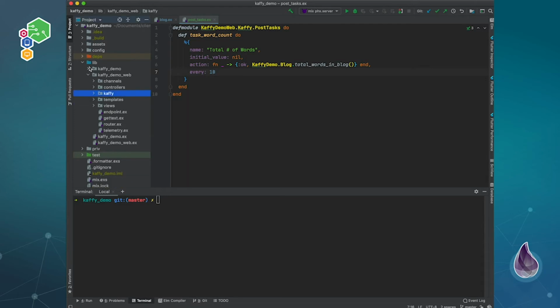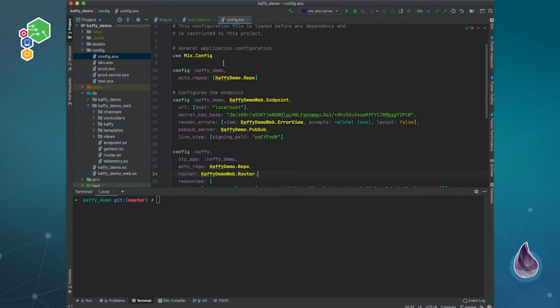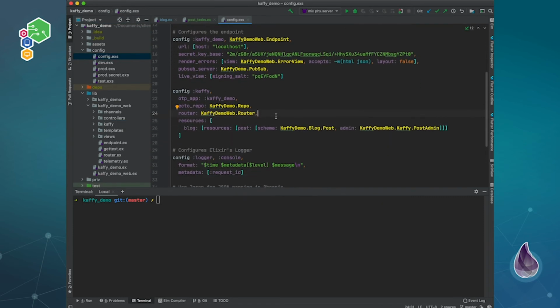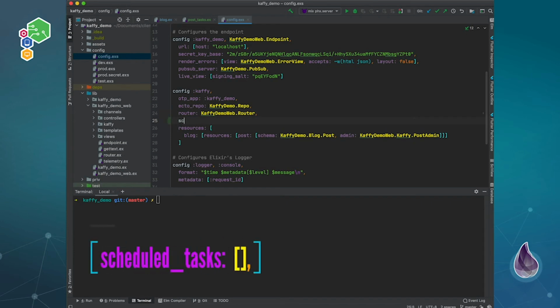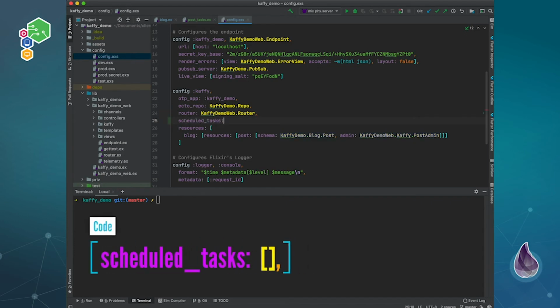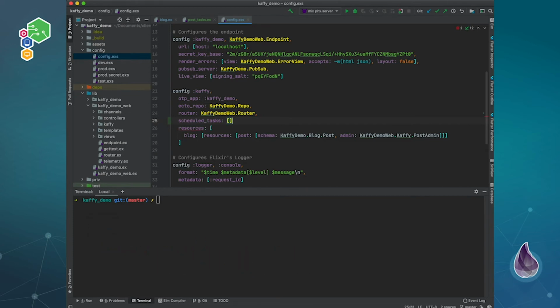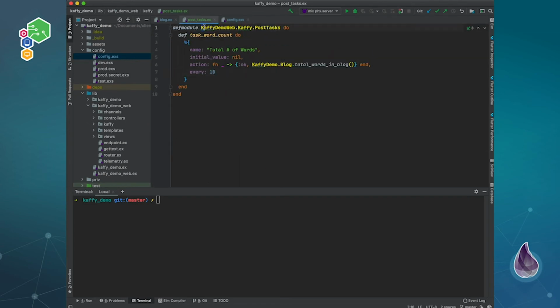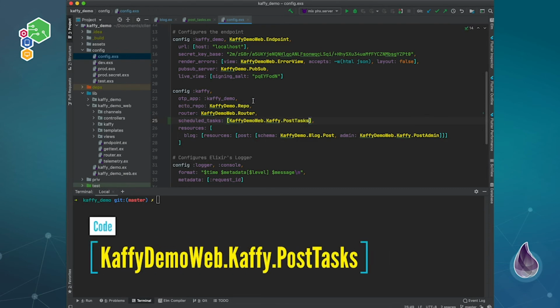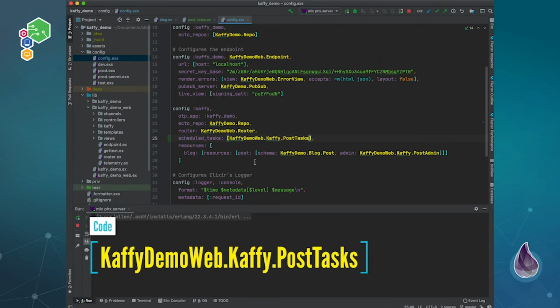And also, of course, the way to actually add this to your project is you've got to go to your config file, in your Kaffy config. And within Kaffy configuration itself, there is a scheduled tasks configuration, which is a list. And you just put in the name of your task. So for ours, this is KaffyDemoWeb.Kaffy.PostTask. You put that module into here. And then when you start this up,